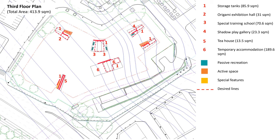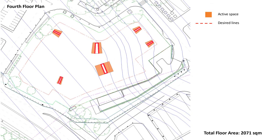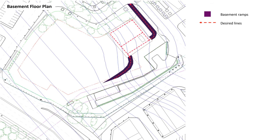The design lines are revolving around the airwell and building corridors. The total area of the third floor is 413.9 square meters. Fourth floor plan. The fourth floor is occupied by activity spaces and design lines revolving around the airwell. Basement floor plan. The basement floor is occupied by parking lots, basement ramps, and fire staircases, and design lines revolving